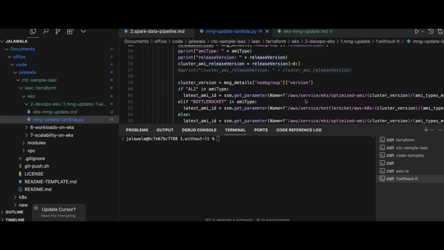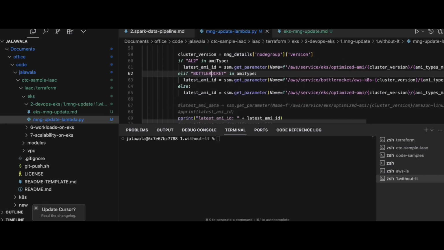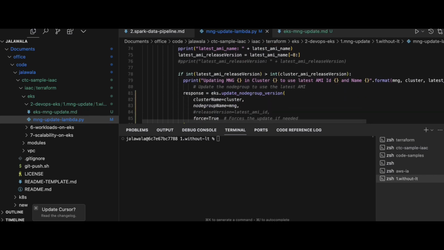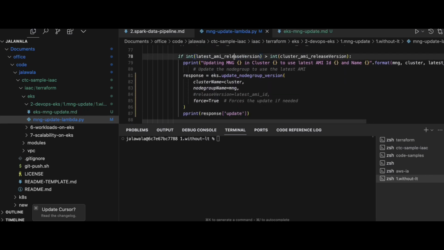So I use this SSM parameter. I call ssm.get_parameter and provide this path based on the OS type. Is it Amazon Linux 2 or Amazon Linux 2023 or Bottlerocket or Windows? Based on that, I'll provide a different path to the get_parameter function. Then I'll get the latest AMI, and then I'll simply compare, right? If the release version of the latest AMI is greater than the current version,